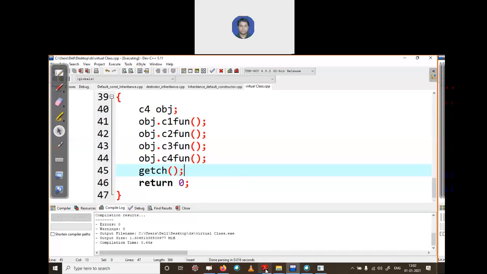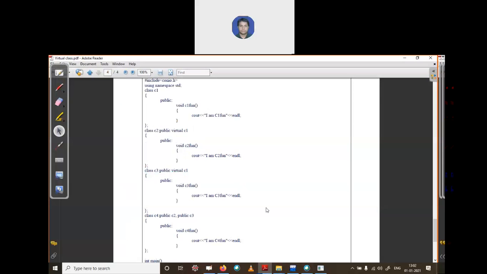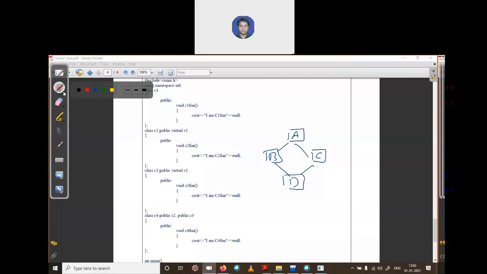The concept of virtual class is that when you create this kind of inheritance, one minute, I am writing A again, and from A it's creating two classes, B and C, and from B and C I'm creating another class D. If you see closely, when you create more than two subclasses from a single class, it's called hierarchical inheritance.